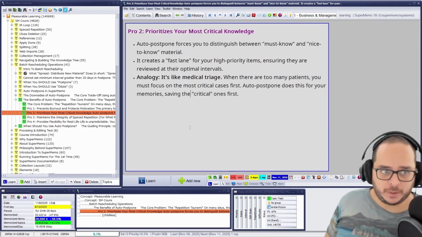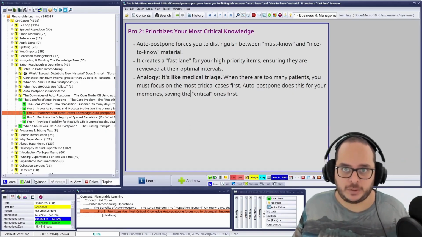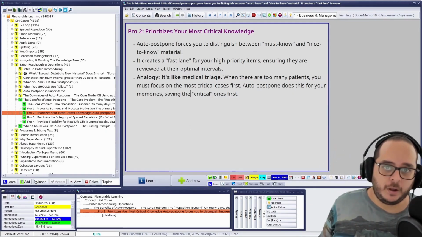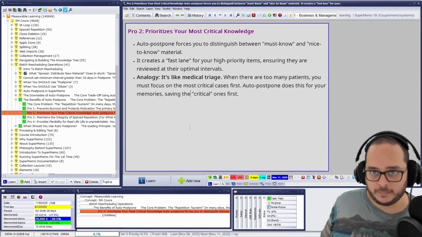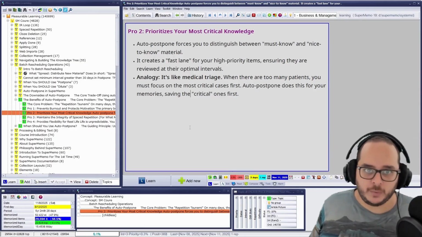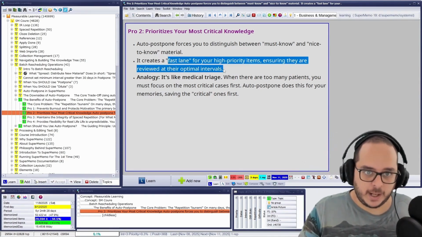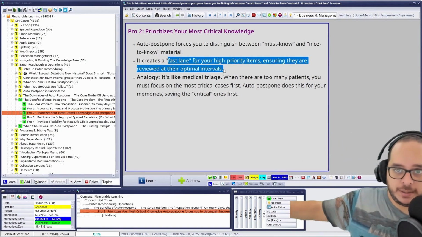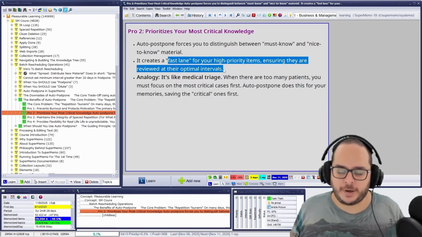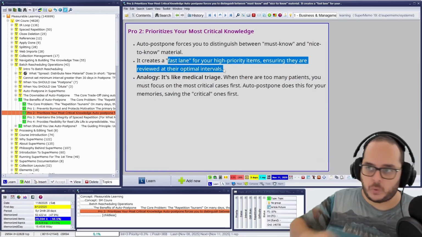Pro number 2 of using Autopostpone in SuperMemo: it prioritizes your most critical knowledge, because you spend time on what is not postponed, which will be the higher priority stuff. So the must know, nice to know, and so on creates the fast lane. And then the diminishing returns, the details, will be postponed. Those are extracts with lower priority because they are digging into details.